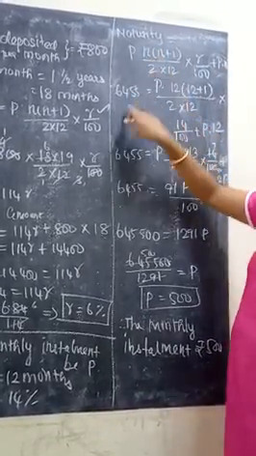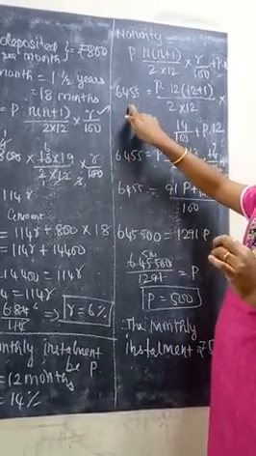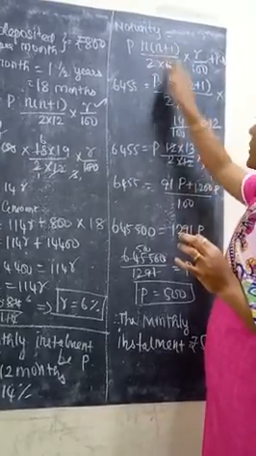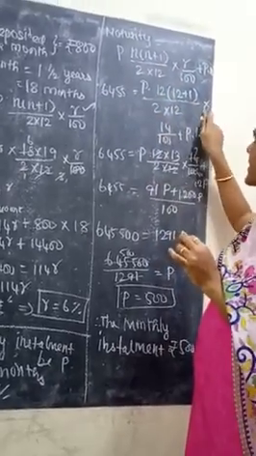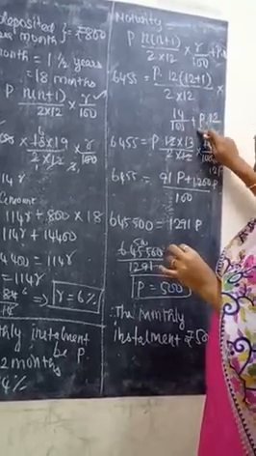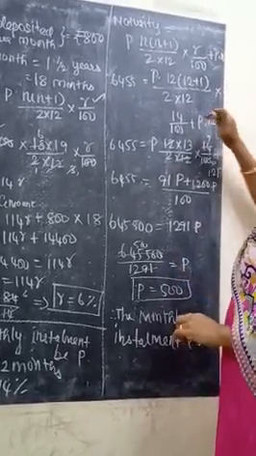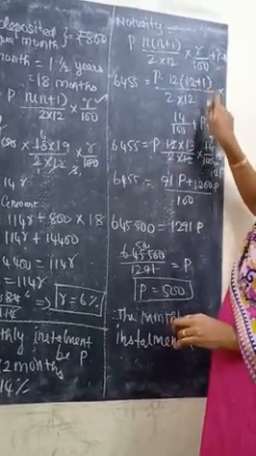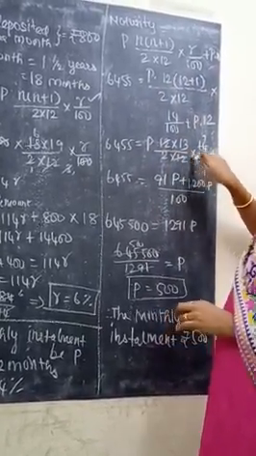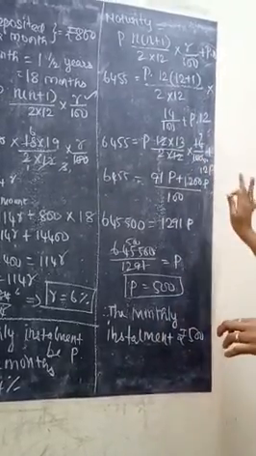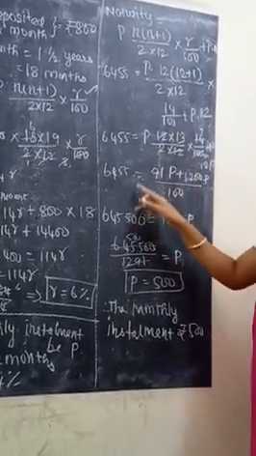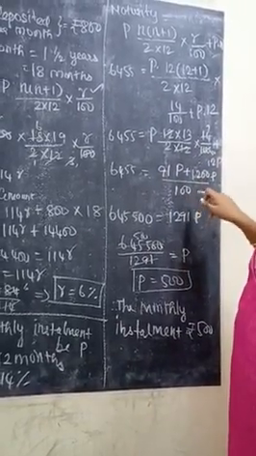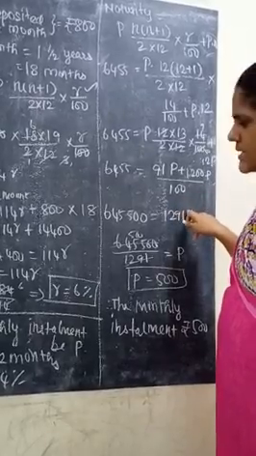So listen, what is the maturity value they gave? 6,455 equals P into n, which is 12, into 12 plus 1 divided by 2 into 12 into the rate 14 divided by 100, plus P into n, which is 12. Next, 6,455 equals P into 12 into 12 plus 1, that is 13, divided by 2 into 12 into 14 by 100 plus 12P. Next, simplify this. So 91P plus 1200P divided by 100. We need to take the LCM in this step.